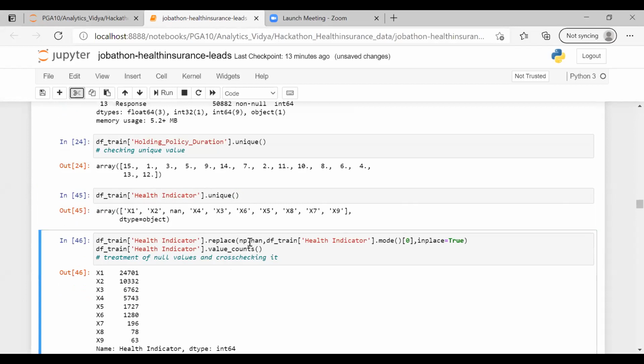In the replace function, as you know, firstly we are going to give the parameter as old value and then new value. So I'm going to take that mode again. It's not a hard and fast rule that for replacing null values we always have to use the mode function. We can use multiple options, mode, median, and even not just mode and median, other options can also be used. I'm using mode here and passing this parameter inplace equals True so that all the changes we have done can be saved.